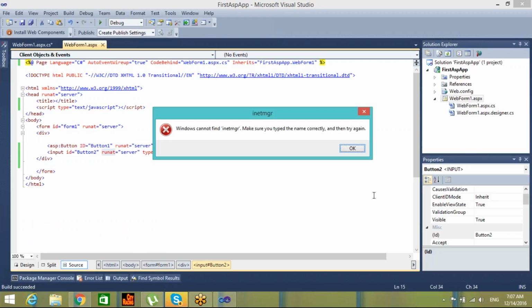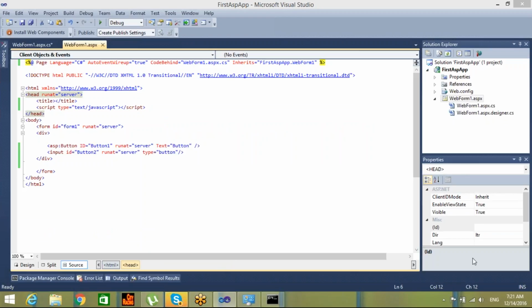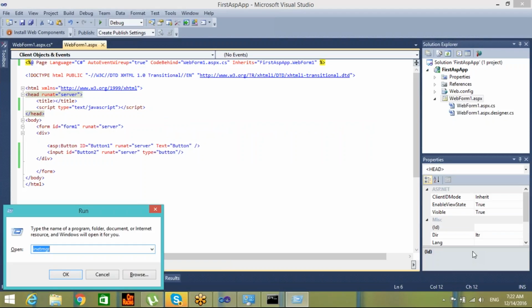If this comes up, it means my IIS is not installed on this server. So we can install it using the control panel. Let me install it. Okay, I have installed IIS. Now again, if I put inetmgr,